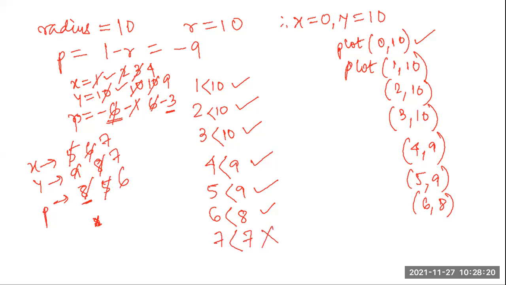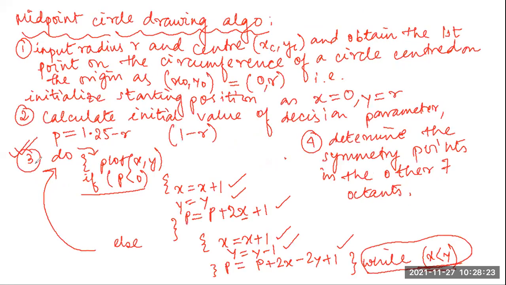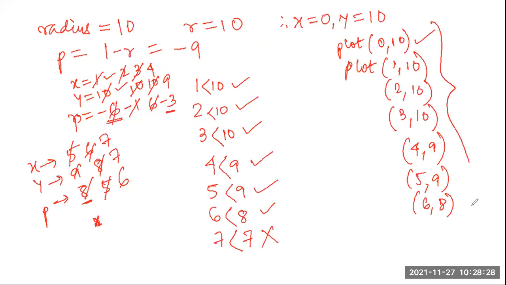No. Once it is not true, then I will come out of my step 3, and as a result, I have all the points which are required for drawing the small circumference, that is this portion. For drawing this portion, all the points which are required I have. So I am able to draw this much portion of my circle. And just below this step, if I write those steps, put pixel xy, put pixel minus xy, put pixel y minus x, if I write the 7 statements one by one, same logic, just like this, you will see they will fill up and a circle will be given to you.